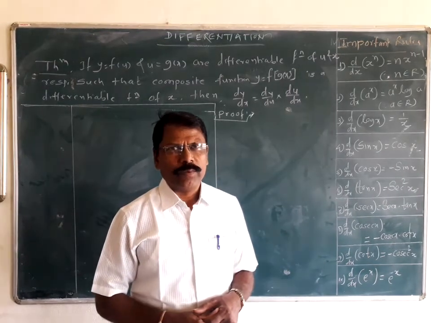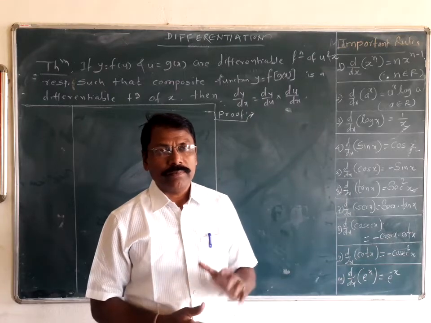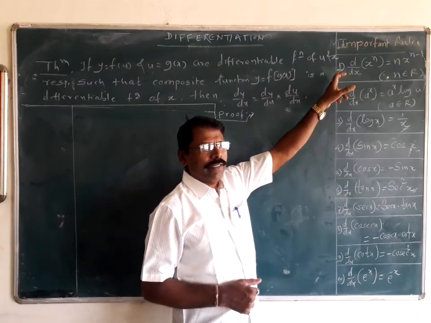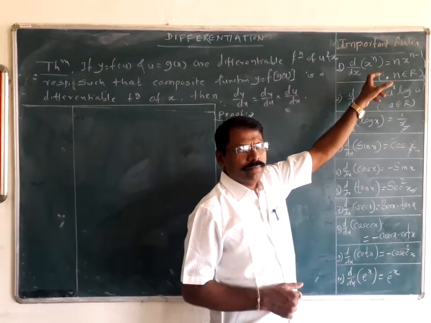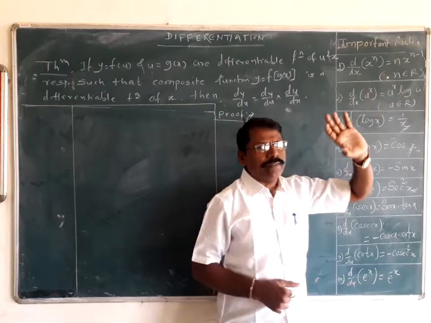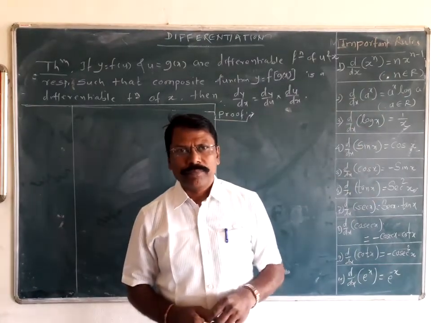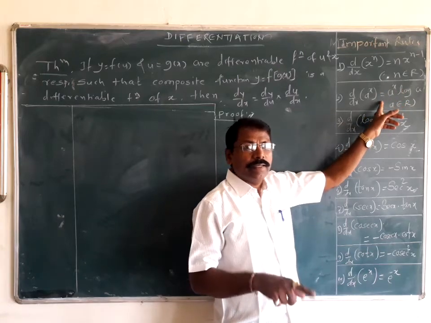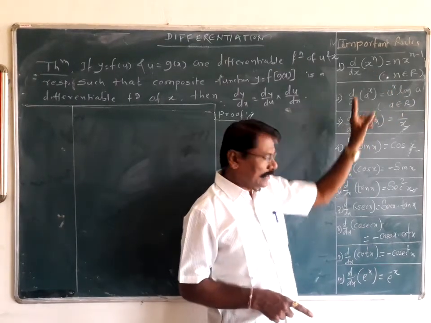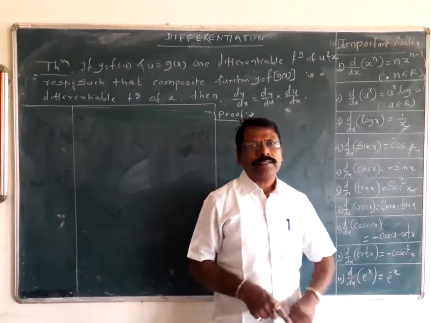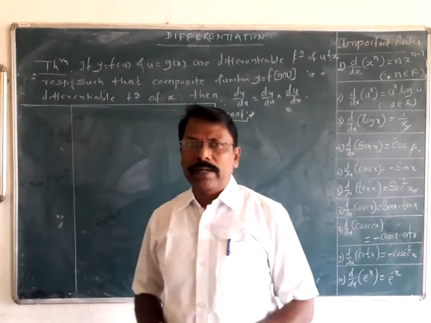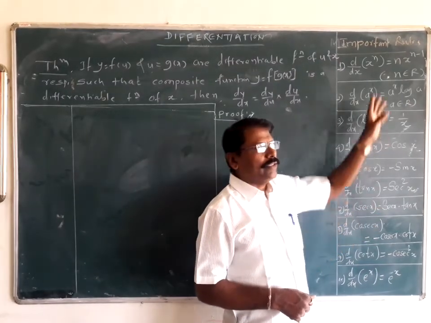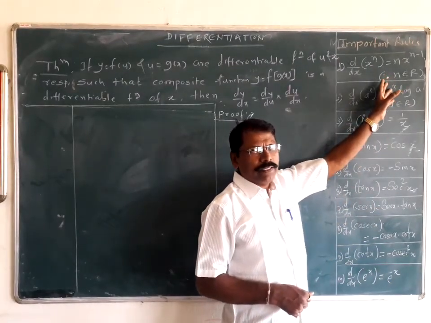And you might remember these rules. If you don't remember, doesn't matter, I have written them on the board. Derivative of x raised to n is n x raised to n minus 1, where n is a real number. Derivative of a raised to x is a raised to x log a, where a is a positive real number. That is quite different. And derivative of e raised to x is e raised to x, because logarithm of e is 1. Remember, whenever you are taking trigonometry or calculus, the logarithm base must be e.